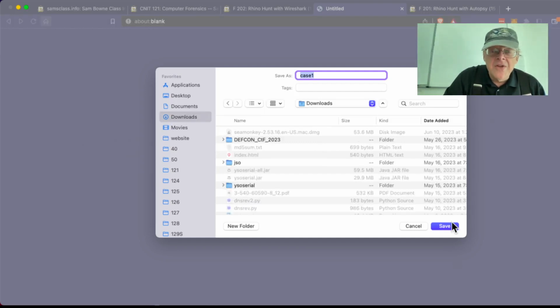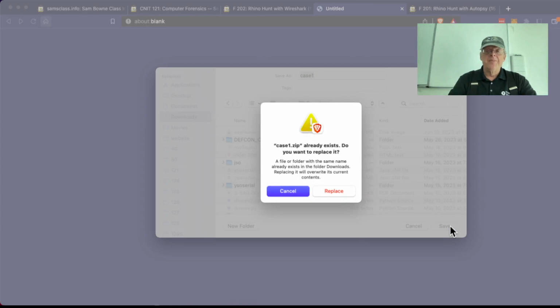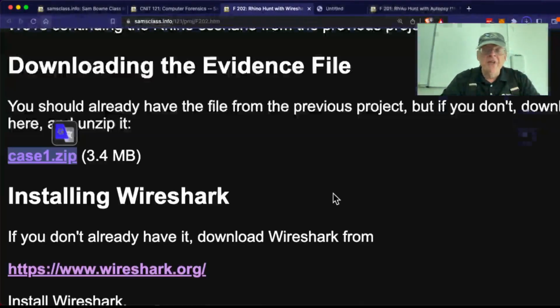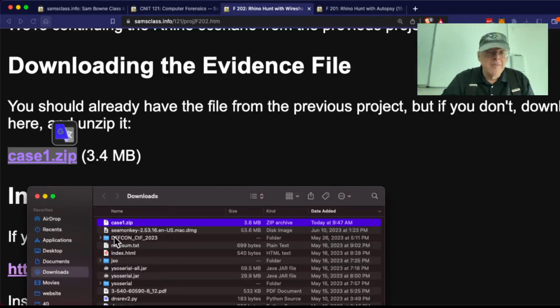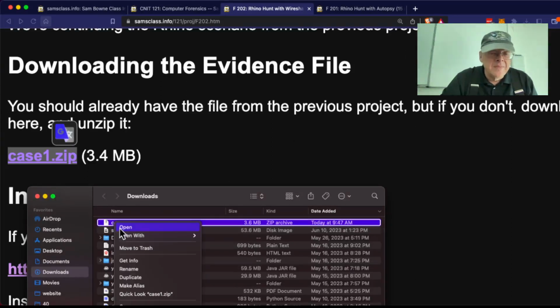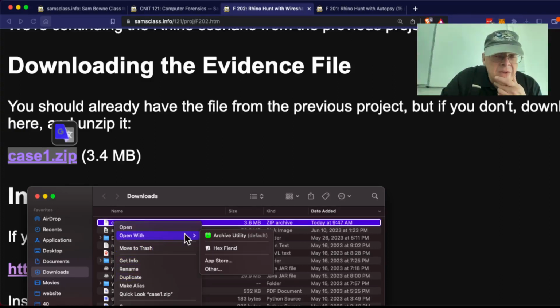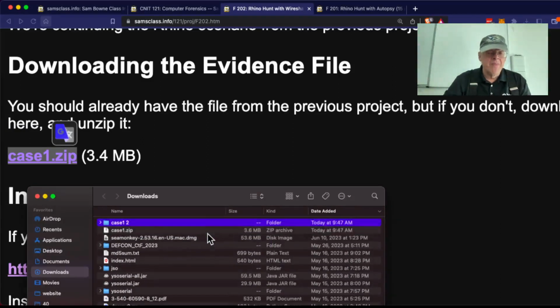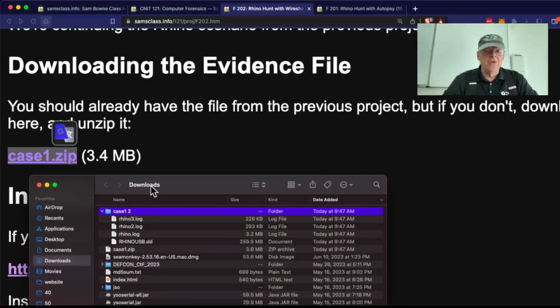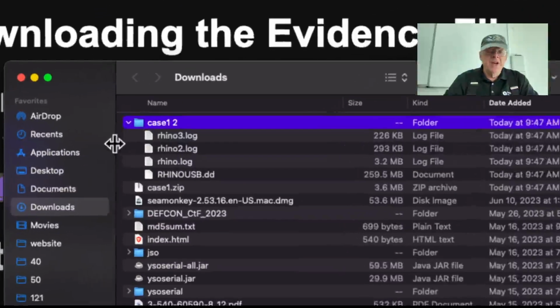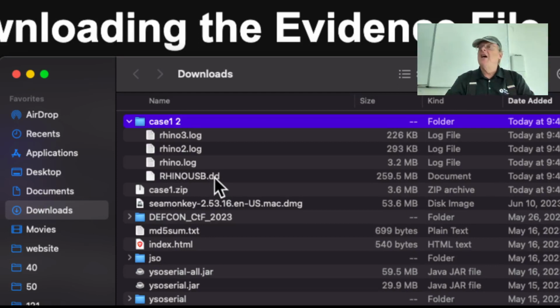Let's go to Downloads and Save. And Replace, I don't care. Okay. And there it is. And if I unzip it, open with Archive Utility. Okay, now I get a case folder, and in this folder, there's the rhinousb.dd, which is the